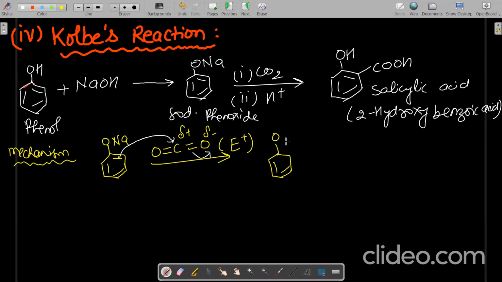It is like this. O minus I can write over here, and there this C will be attached. This O gets a negative charge, and the double bond O. Okay, so there is a formation of this, and you can see over here the positive charge also you get. Okay, after that, or you can write in this form even also.